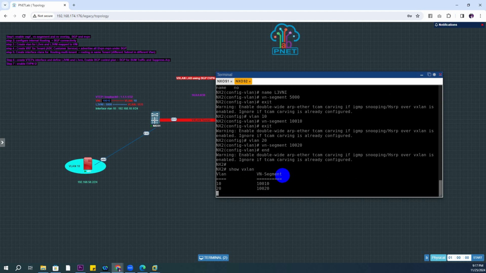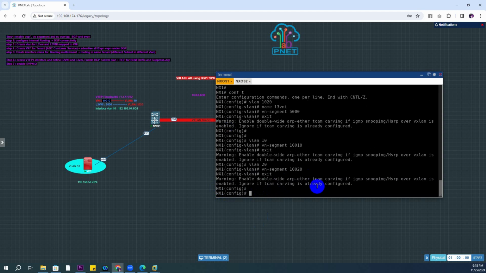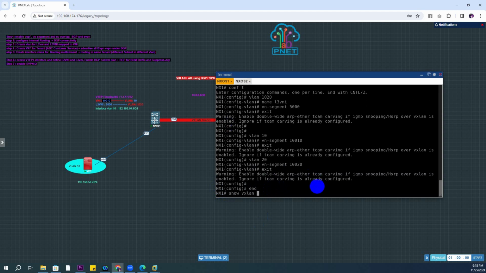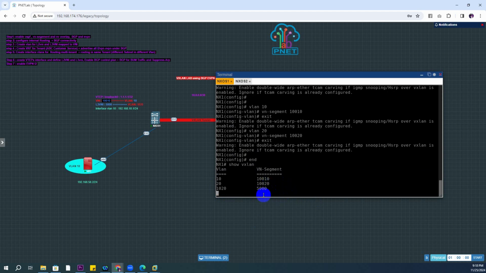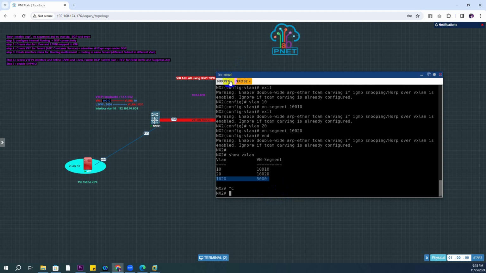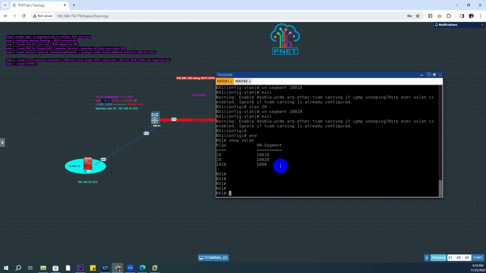If you do show VXLAN, we can see this is VXLAN L2VNI. We can see 10 and 20, and also the L3VNI, which is VLAN 1020 mapped to 5000. Okay, that's good. And we also do that here just to double confirm and avoid any issue. So here all are the same. Okay, great. After that, we now need to move